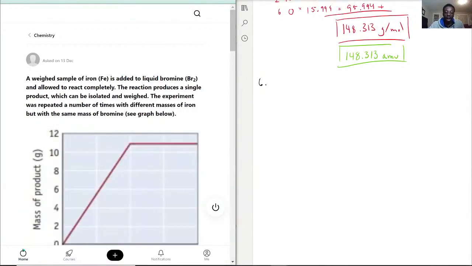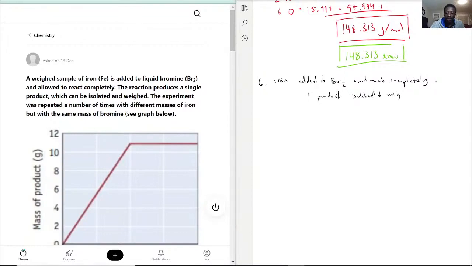A weighed sample of iron is added to bromine and reacts completely, so theoretically there should be no iron left. The reaction produces a single product that can be isolated